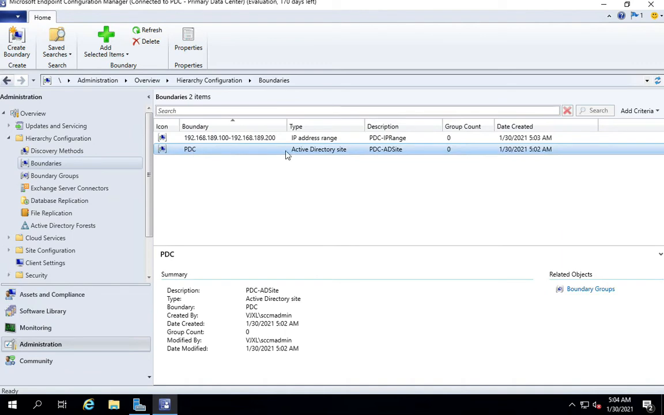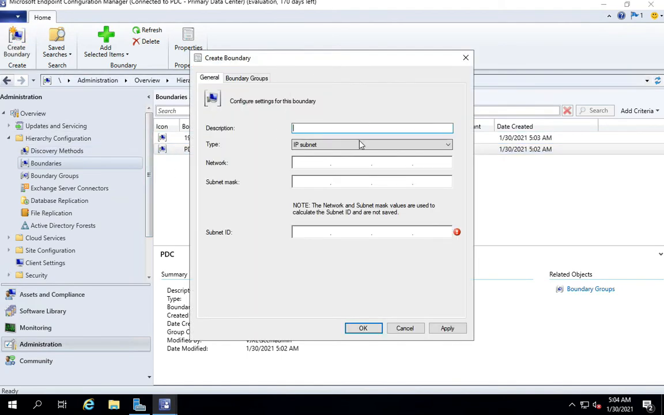Even my Active Directory site has got this IP address range. So what would happen if these two boundaries are assigned to different boundary groups, and then different management points are assigned to them for automatic site assignment? This is purely not recommended. However, I'm only showing it for demonstration and education purposes, so we understand how an IP address range based boundary can be created. Now there is another boundary type which is